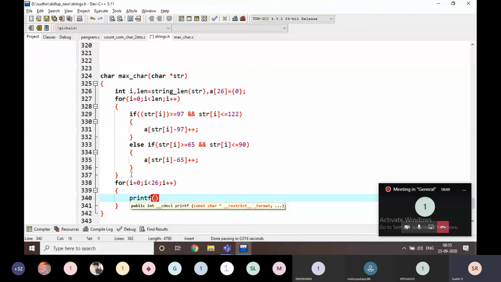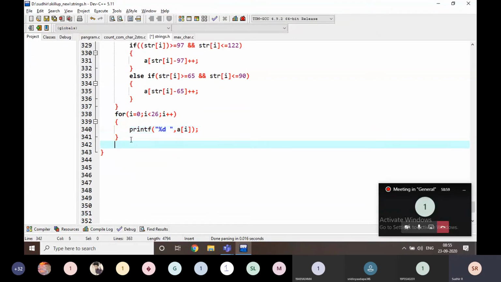I'm going to print here percentage d space comma e of i. And simply I'm going to return any character here, for example I'm going to return z. Okay, nothing else.